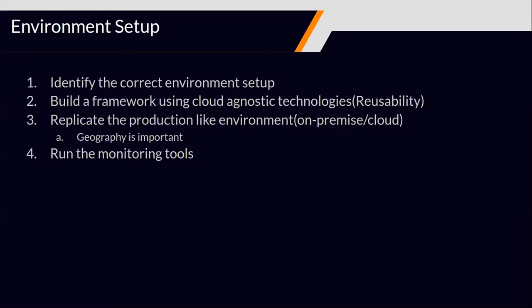And in case we are using external services, let us say Azure Blob, just an example off the top of my head, we'll have to make sure that the geography of the cluster we are using, the location we are using, is the same as the location of our environment setup, so that we don't encounter any unwanted latencies, which will in turn add up and build up in the throughput of my application. And we can run monitoring tools like Prometheus or Datadog or AppDynamics to actually capture system metrics as well as the application metrics, depending on the tool we are using.